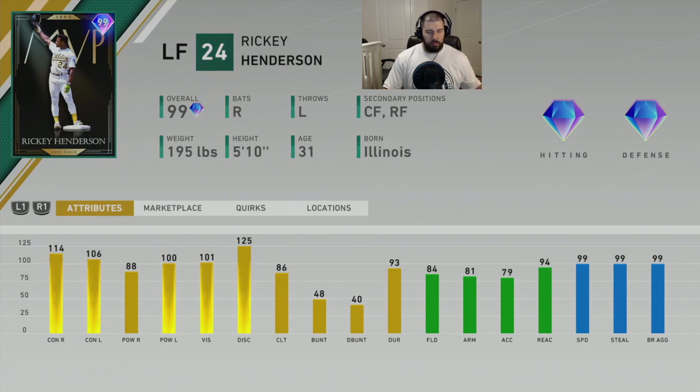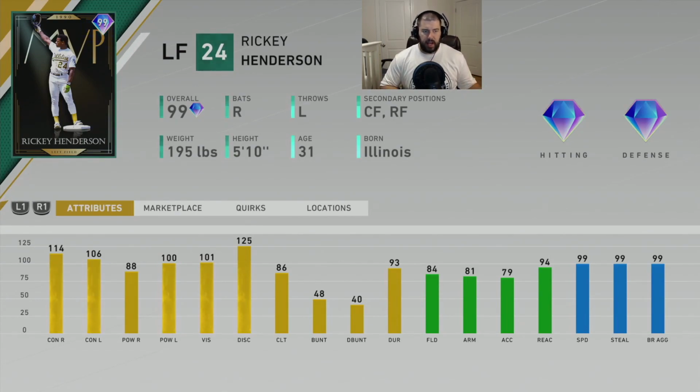For his hitting attributes, he has 114 contact versus righty, 106 contact versus lefty with 88 power versus righty, 100 power versus lefty, 101 vision, 125 discipline. In the field, he has 84 fielding, 81 arm strength, 79 arm accuracy, and 94 reaction. And honestly, this Rickey Henderson's attributes probably should have him in the top 5, to be honest with you, because